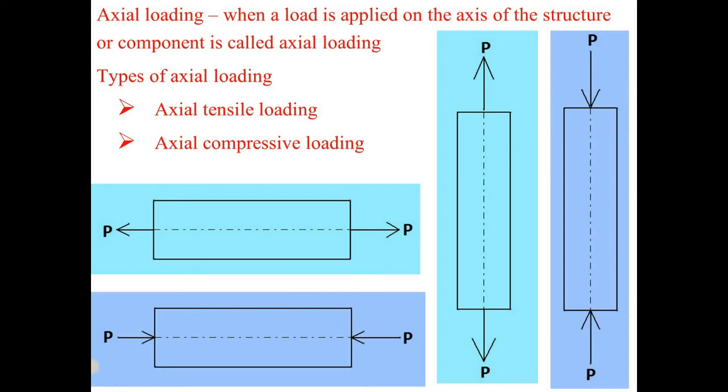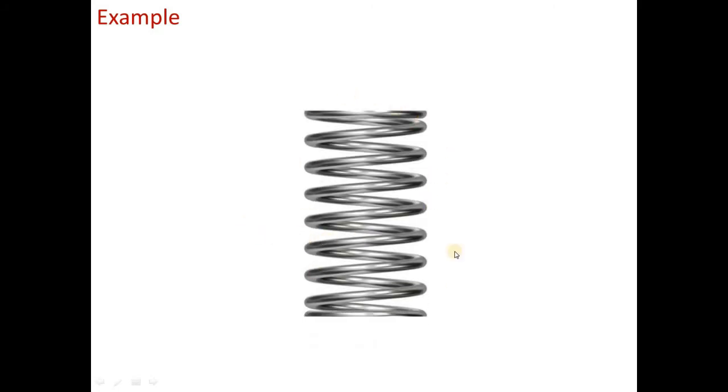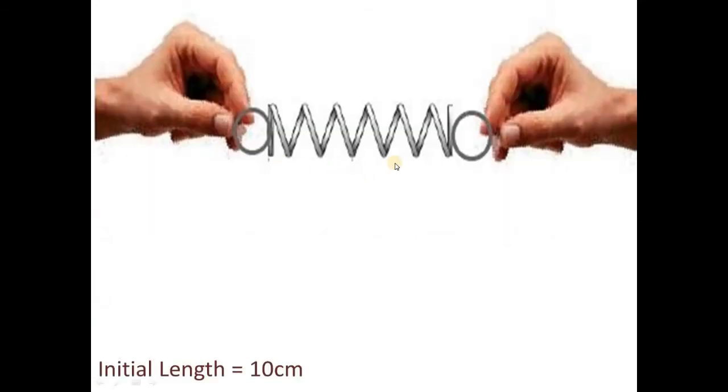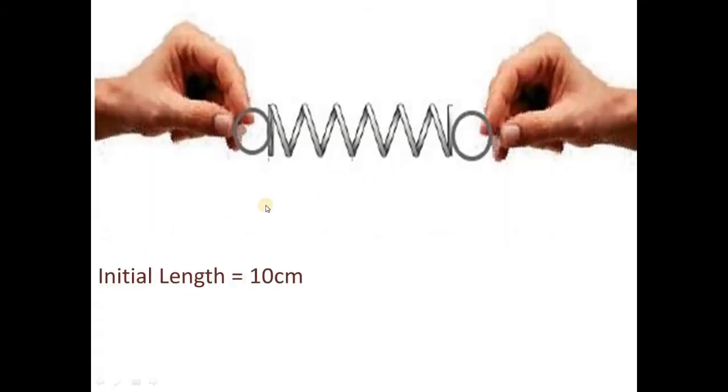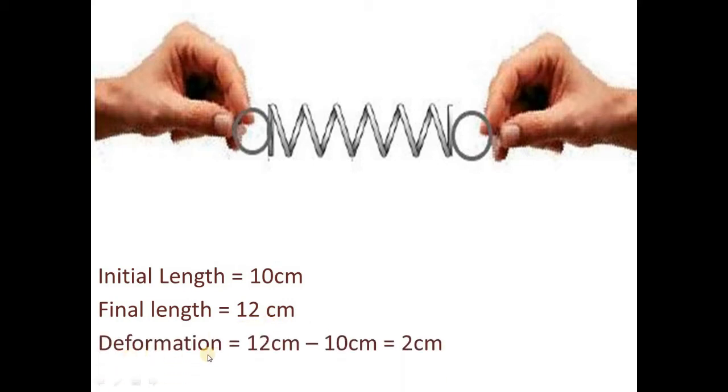Now I will give an example for axial deformation. The best example for axial deformation is a spring. Take a spring of length 10 cm. Now hold the spring on both ends. Now try to pull the spring on both sides with equal force. After pulling, if the length of the spring is changed to 12 cm, then the axial deformation value will be